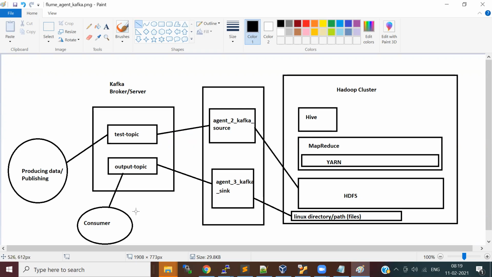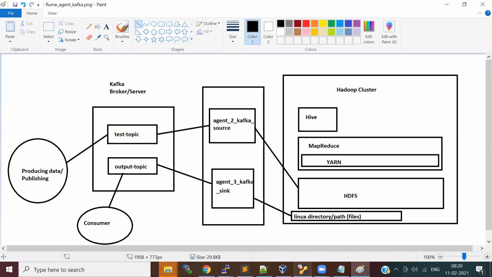Okay, fine. Got it. You understood, right? The agent knows only the source and the destination, which is a sink here. If you want any modifications, then we need to write separate code for that. The agent publishes data to the Kafka topic. That's it. Who is going to take the data from there, we can decide.